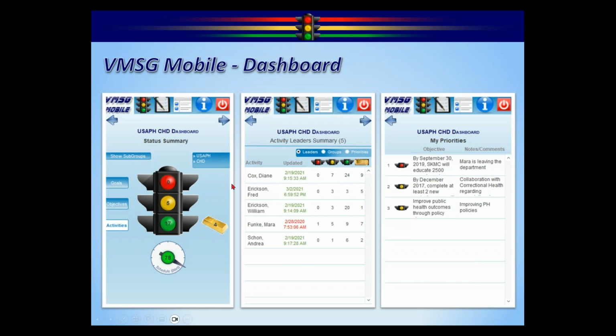So just a nice way to be able to look at performance on your phone. Just kind of an FYI, you don't need an app. This is actually an app that's built dynamically in the web browser on your phone. So it's always going to be updated. Your IT folks don't limit that way, as to what apps you can put on your phone, that sort of thing. So kind of a nice tool.